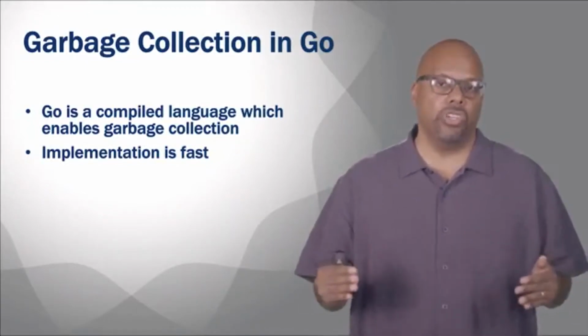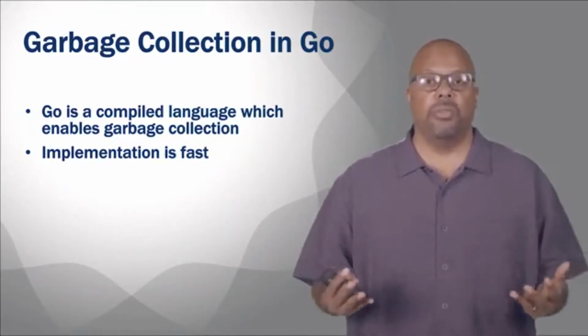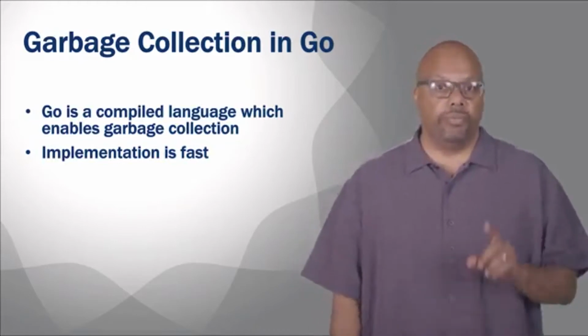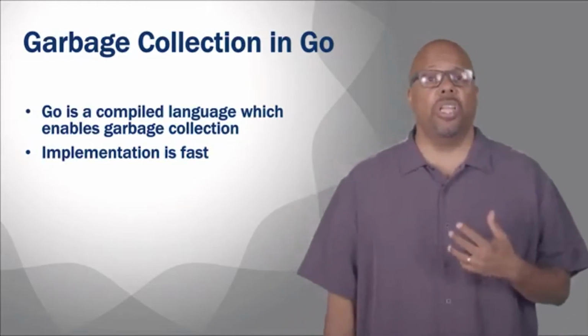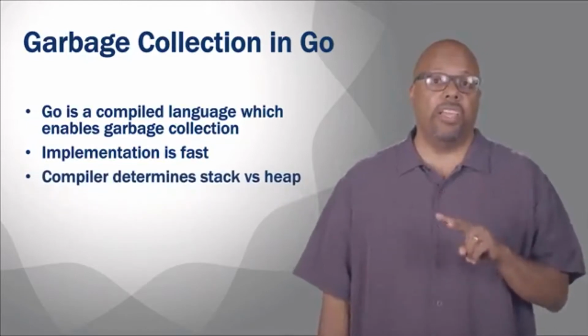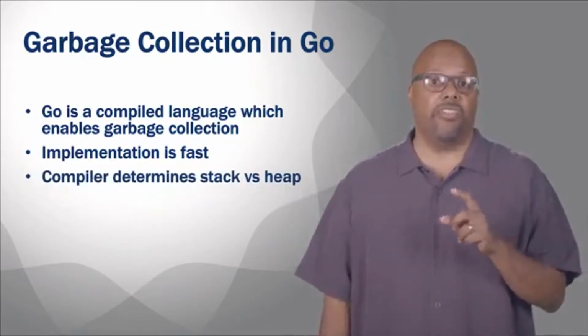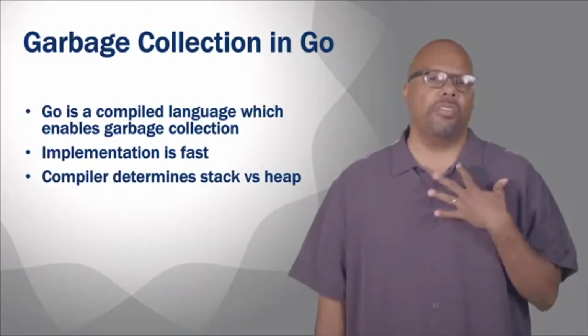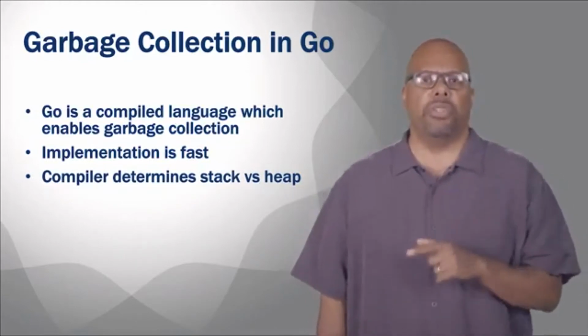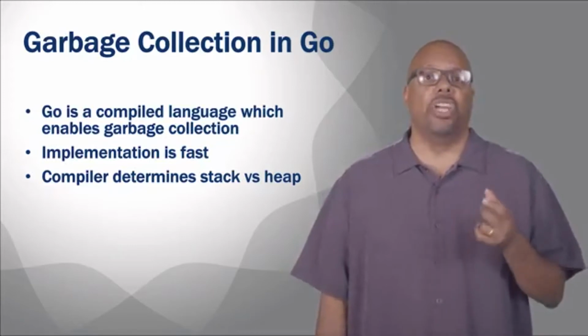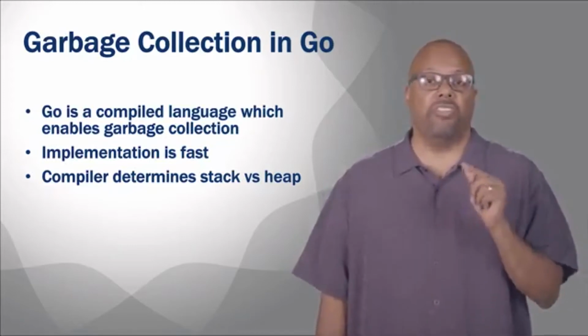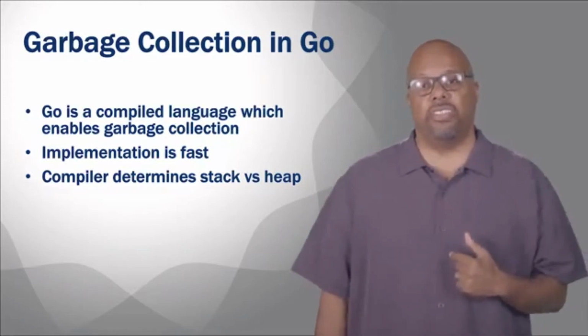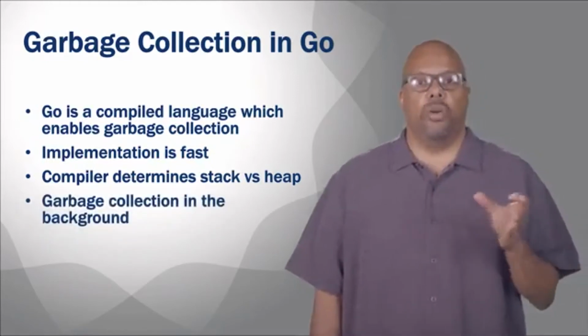And once all the pointers are gone, then you know that the object can be deallocated. And so garbage collection in Go actually allows two things. One thing is it'll allocate stuff on the heap and the stack itself. So you as a programmer don't have to determine, I want to put this on the heap, I want to put this on the stack. The Go compiler will put code in there. At compile time, it'll figure out this needs to go on the heap, this needs to go on the stack, and it'll garbage collect appropriately.